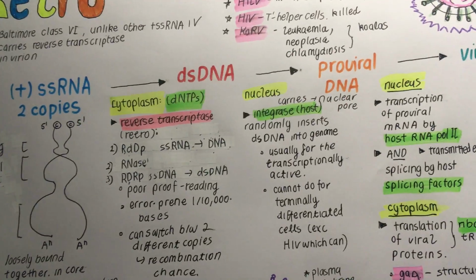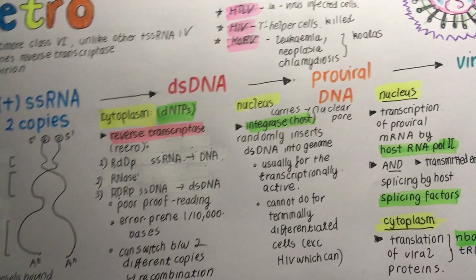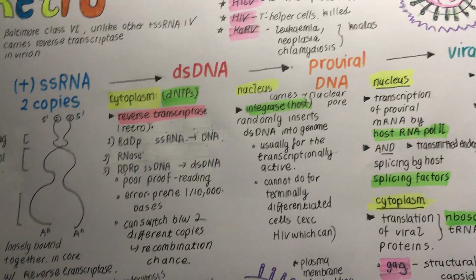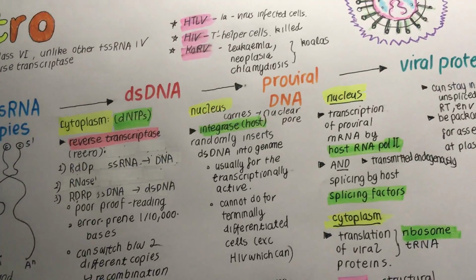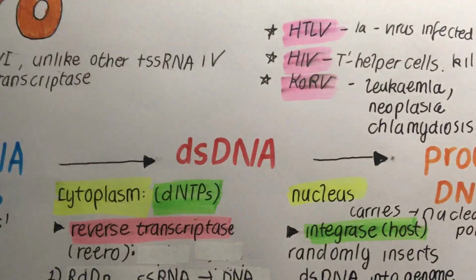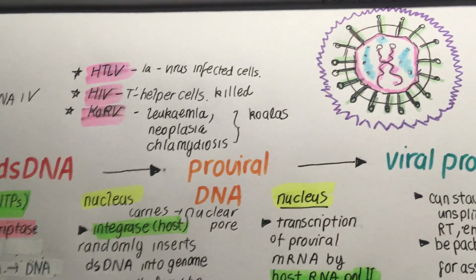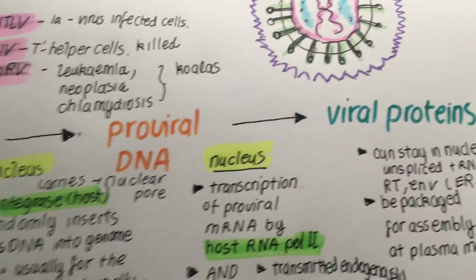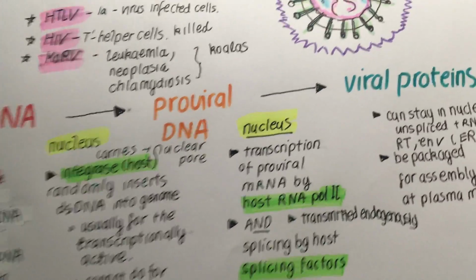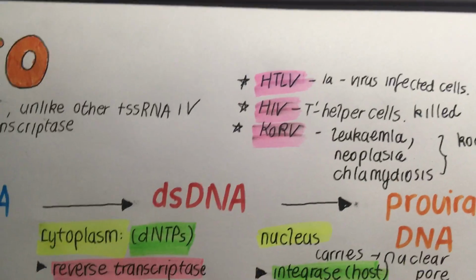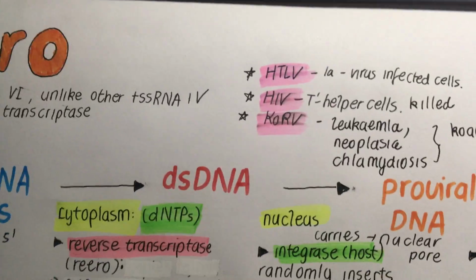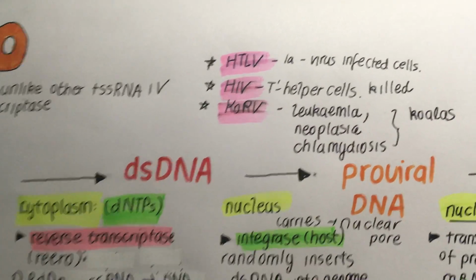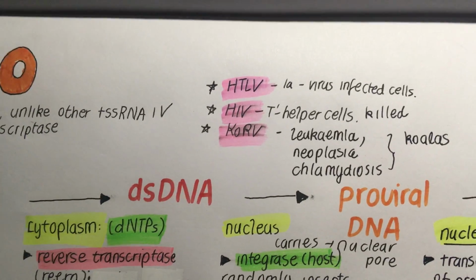This retrovirus family belongs to Baltimore Class 6, which means that the single-stranded RNA has to get made into double-stranded DNA, and then this double-stranded DNA has to get integrated into the host genome before the essential viral proteins are produced. And examples of the retroviruses include HTLV, or human T cell